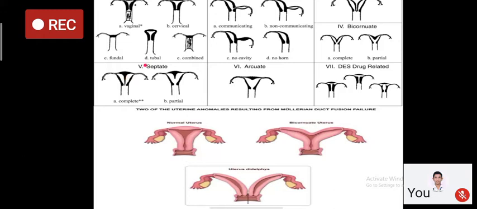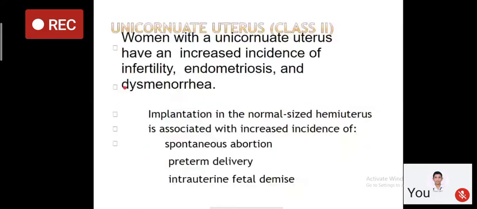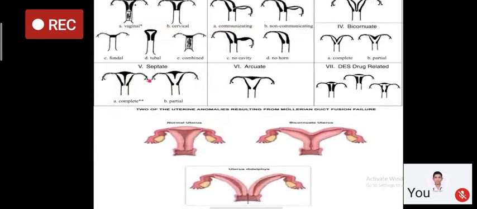I'm talking about figure 5A. There is complete partialization up to the cervix. So the cervix is single. Don't confuse it with didelphys, because sometimes students get confused between didelphys and the septate uterus. There is no confusion in septate: there is one uterus, but there are two cavities because of this septa. There could be partial septa. In the partial septa, there are two partial cavities.